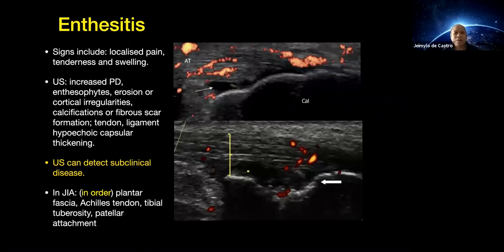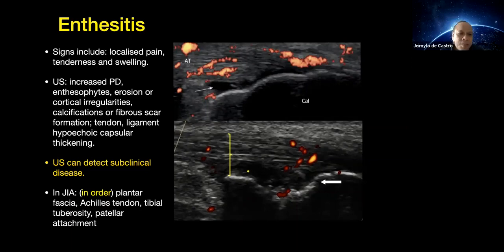Now, ultrasound, fortunately, can detect subclinical diseases, okay? Now, this particular image is of a patient of mine who suffered from recurrent pain on the calcaneal area, which the patient and the pediatrician thought was just growing pain. But I was very curious to find out what was happening. So he's got a very inflamed Achilles tendon attachment,